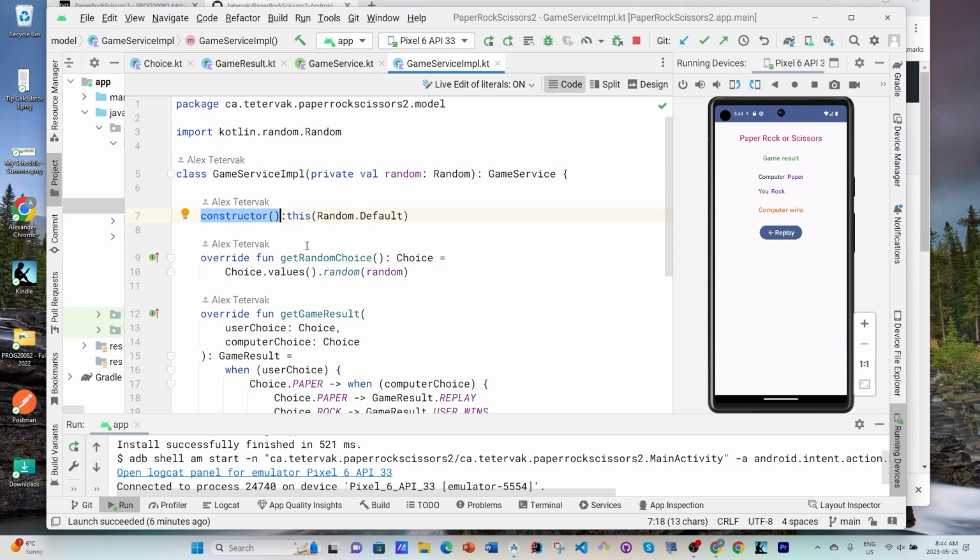Otherwise, it won't compile. So I'm calling the primary constructor with the default random number generator. To create this object, I don't need to provide it. I'll just use empty parentheses, and this constructor with empty parentheses will call the constructor with